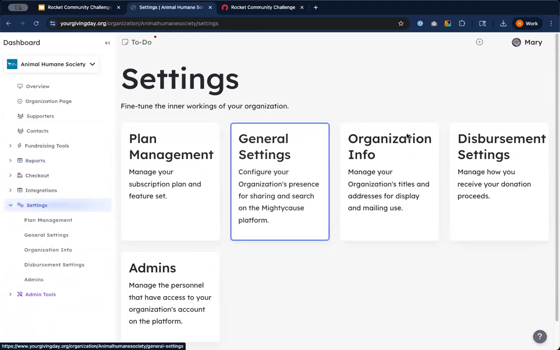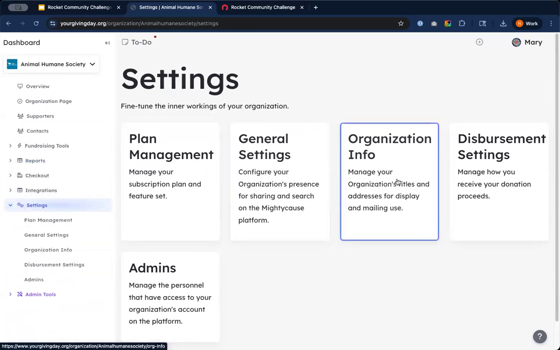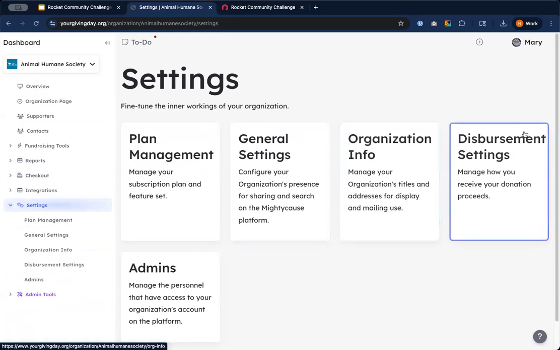And then last but not least, we have our settings area where I can update my general settings. I can make a few adjustments to my organization info. I can go in and look at my disbursement settings. And so this is where I can decide if I want to receive the funds that come to me for the Rocket Community Challenge, if I want them to come via check. And so that comes at a certain cadence and there is a service fee associated with that. Or if I want to receive these funds via direct deposit, and that comes with its own cadence,